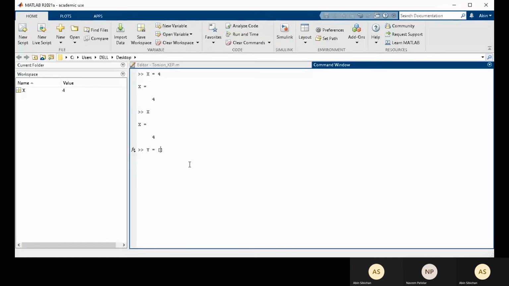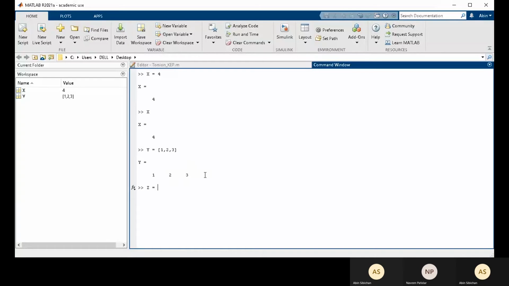Right now I'm defining a row vector. Row vector means there will be one row and two or more columns. Let's say 1, 2, 3. Each element in a row can be separated using either a space or a comma. A comma is suggested because space can be confusing at times. So I'll use 1, comma, 2, comma, 3, and press enter. Right now we have a variable y which contains the values 1, 2, and 3. This is a row vector.